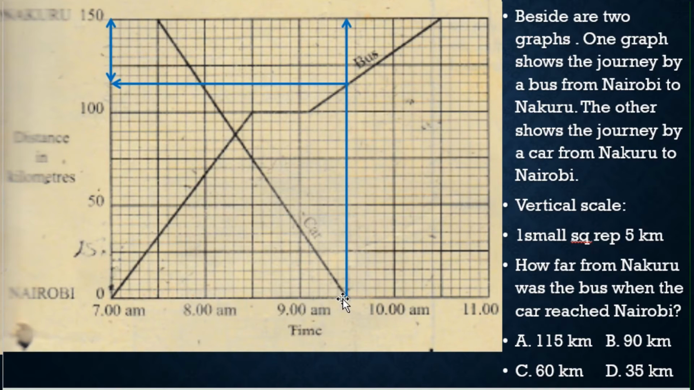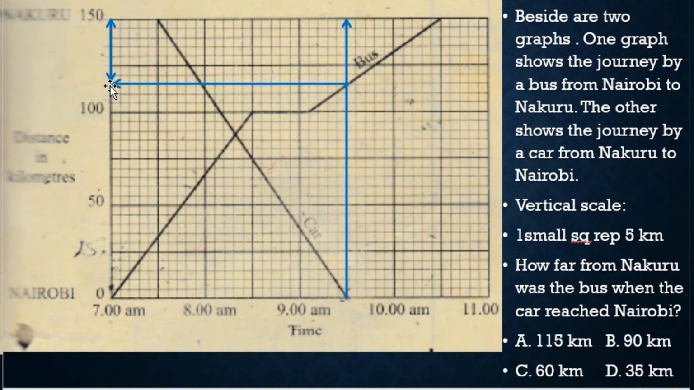So it reached at 9:30. Then this horizontal line I have drawn here is to represent the 9:30 when the car reached Nairobi. We want to know where the bus was at this time, 9:30. So the horizontal line takes us to this point. The bus was here. Remember, the bus is heading to Nakuru. So at this point, the bus is at